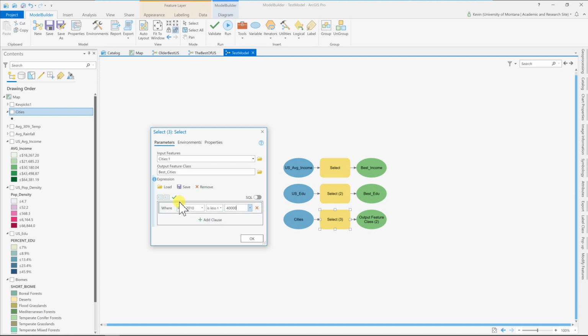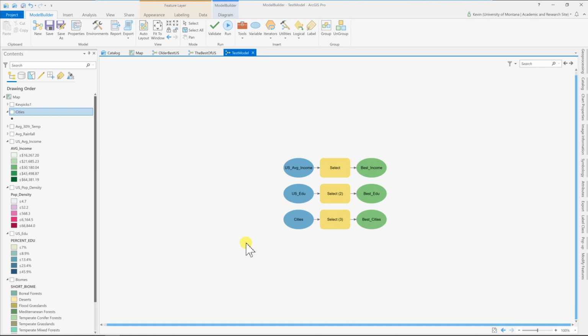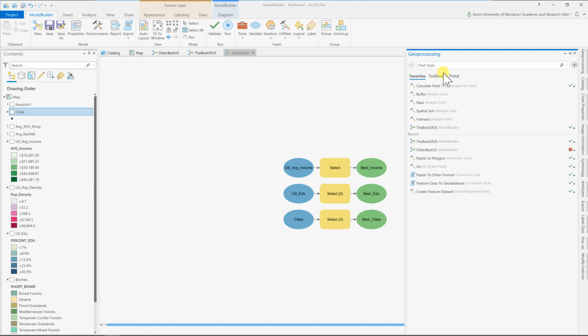Okay. And you can always hit the little green checkbox and just check and see if it likes it. And then it hides the OK button though. You'll have to, yeah, there we go. All right, so we've got one more tool, and you can drag tools or double click out of this toolbox or from the geoprocessing menu. You can also do it. So let's get the Intersect tool.